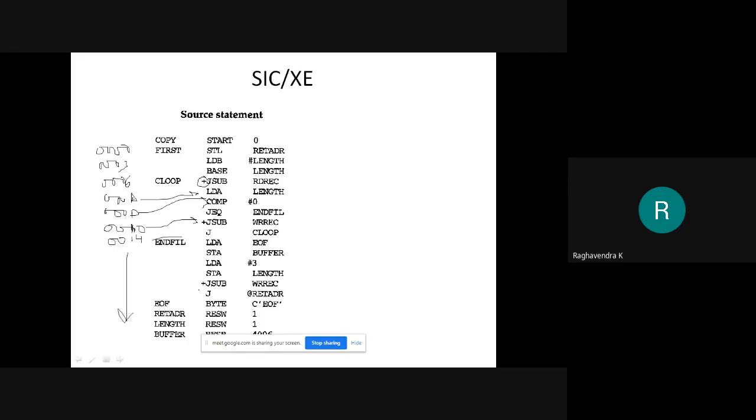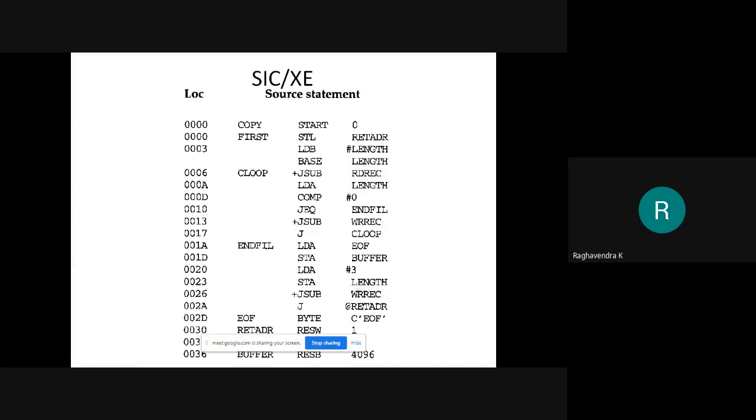I'm not going to go into detail because we already discussed this. Once you are done with the address assignment, it would look something like this. This is the pattern in which we have assigned the address for all the statements in our program. Now comes the assembly process. We'll start the assembly process as usual, assuming that we have the opcode value present in the operation table and the symbol value present in the symbol table. During pass 1 we have filled up the symbol table as usual, and the op table is present with the assembler from the beginning.